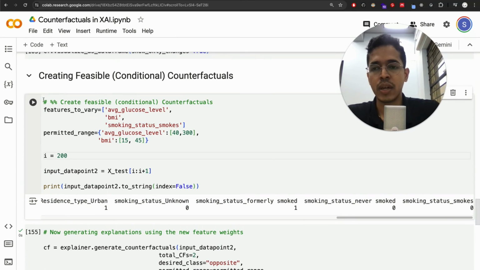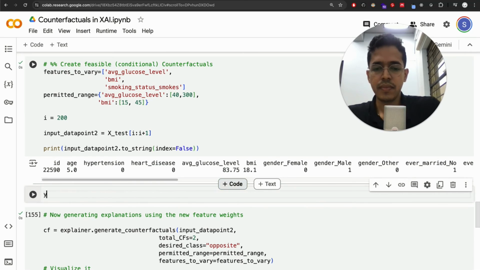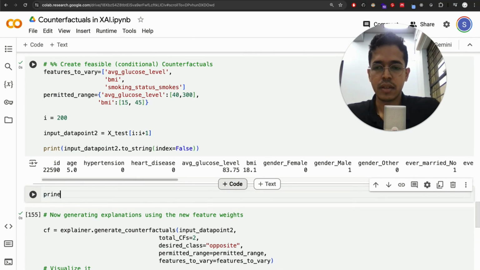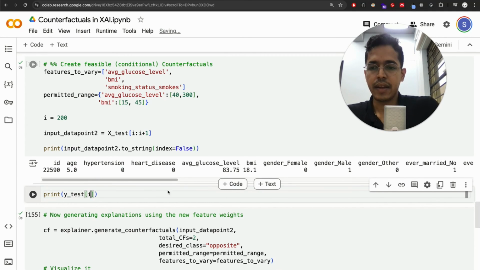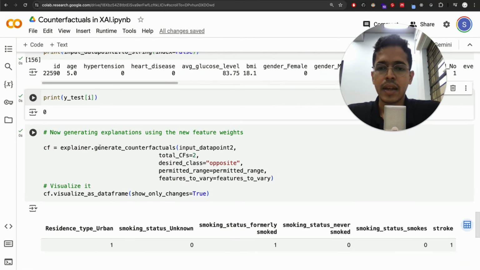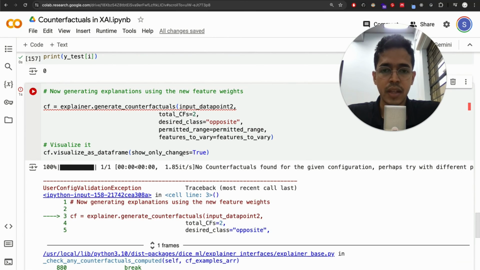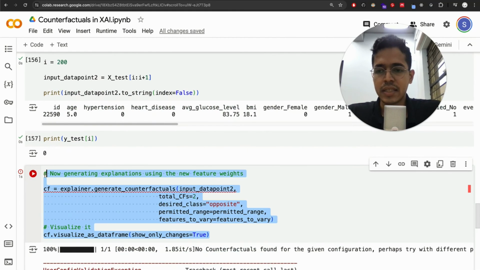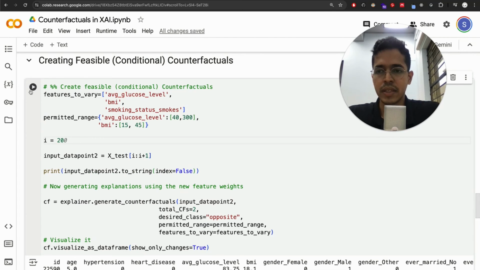So let me take 200. I'm sure this is a data point without stroke. So if I print y test of i, this should be 0. The value should be 0. Yeah, correct. And if we run the counterfactual explanation, okay, it's not able to generate it. Okay, fine. I'll do one thing. I'll just cut and paste this here so that I don't have to run two blocks. So let's say, how about this